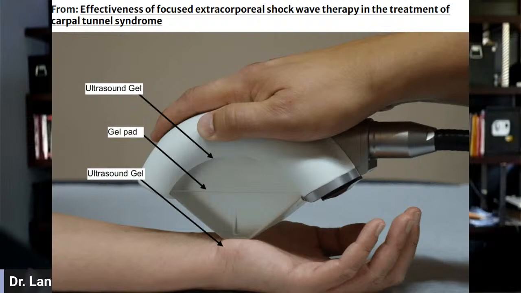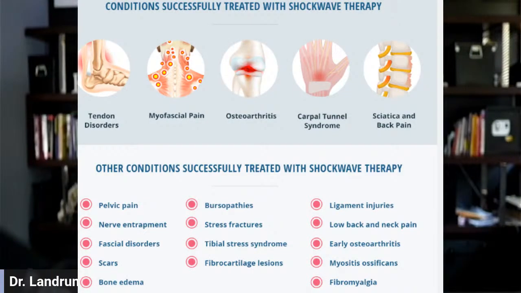So a lot of improvement in terms of side effects and a lot of other value in terms of not having as much risk. You put ultrasound gel down and use shockwave therapy to provide benefit and changes. And one of the things that we've seen is not only can it be beneficial for carpal tunnel, but for a lot of other things, and certainly for nerve entrapment, that is one of the resulting causes of peripheral neuropathy.